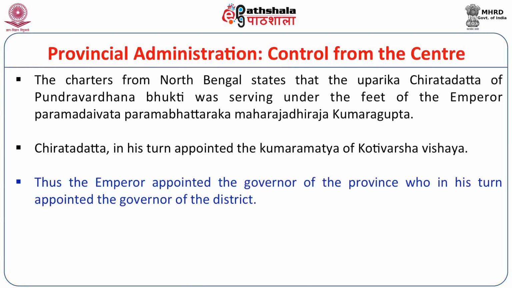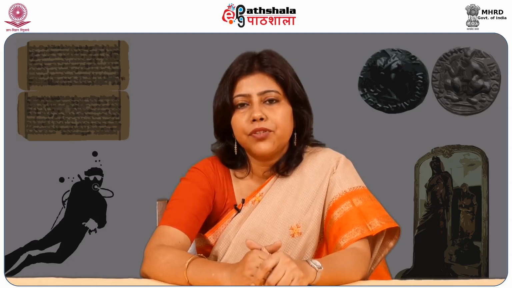Thus the emperor appointed the governor of the province, who in his turn appointed the governor of the district. In this manner, the control from the central authority was maintained in the provincial and local administration. Now, the role of the local bodies in the Gupta administration, which is very important, and this is a new